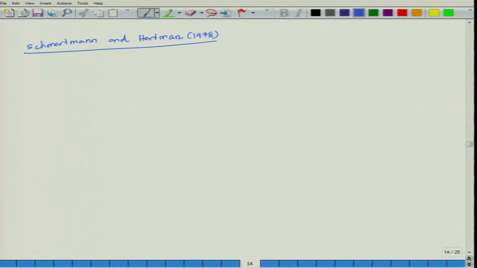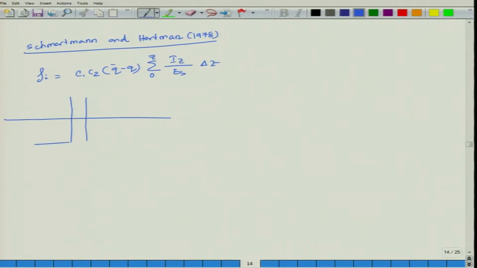So, they have given immediate settlement for sand as C1 C2 into q prime minus q, summation of 0 to z of entire depth, Iz by Es into delta z. So, what they have done, let us consider this is a footing, isolated footing,